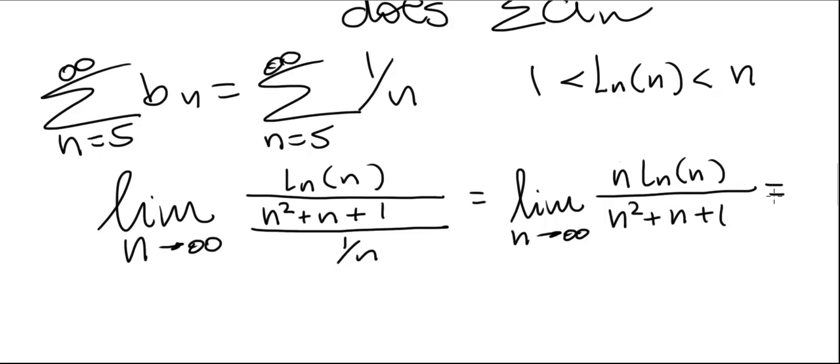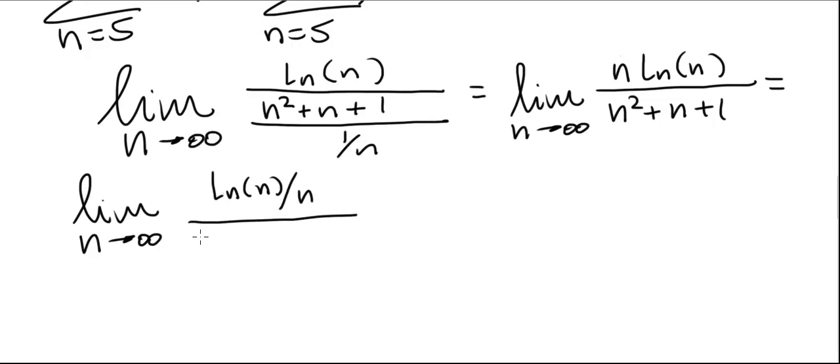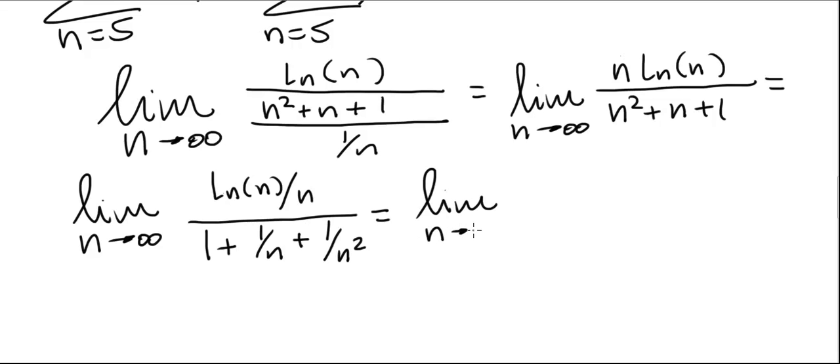Let's first divide everything by the highest power of n that we see, which is n squared. This is the limit as n goes to infinity of natural log of n over n in the numerator, and in the denominator we have 1 plus 1 over n plus 1 over n squared. Notice that the denominator as n goes to infinity goes to 1, so this limit is the same as the limit as n approaches infinity of ln of n over n,